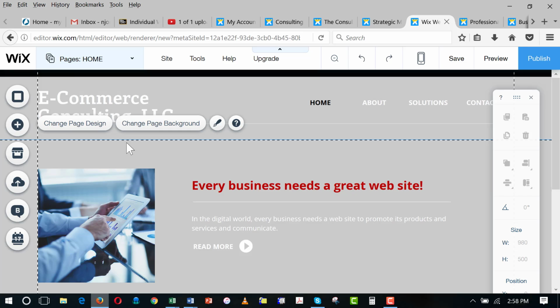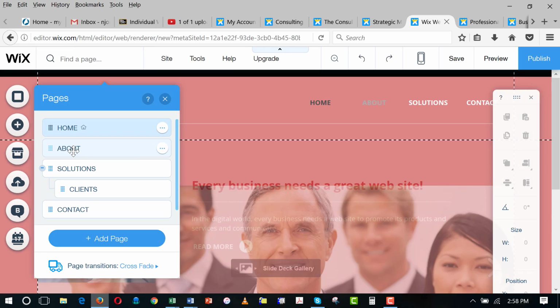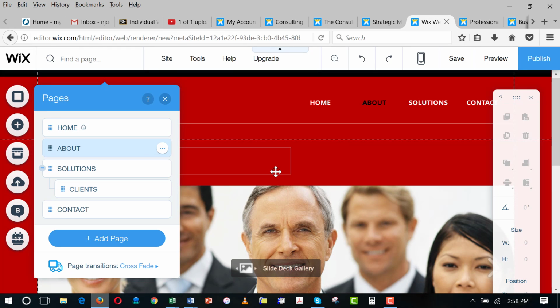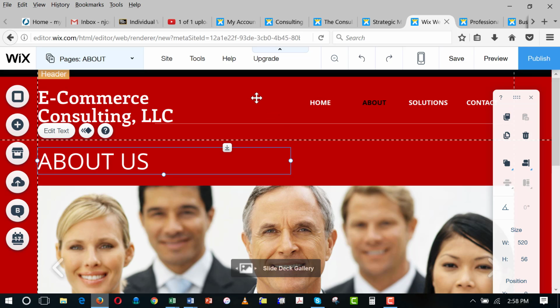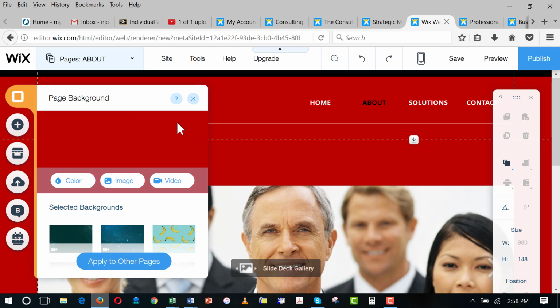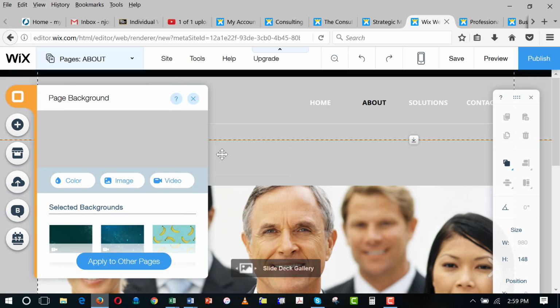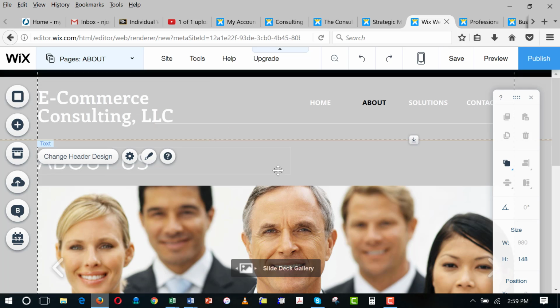Okay, let's say I wanted to look at my other pages. So see here it says pages, now we're on the home page. But if I click on that, these are all the stock things that it comes with. So I can click on any of them and it will let me change things again. Now, interestingly, it defaults to that red one. I thought it would change all of them, but let's go back. There's probably a way to change all of them at once. I don't know what it is right now, but anyway,